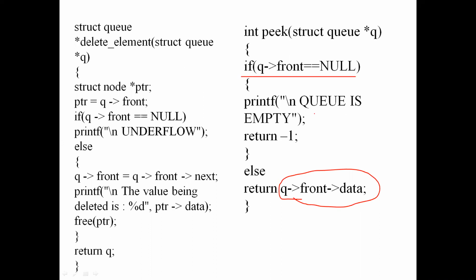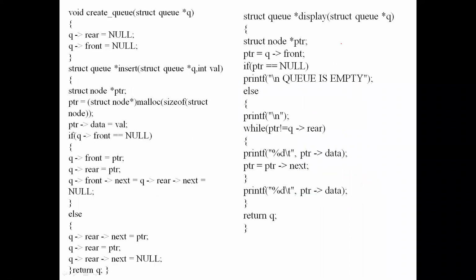Okay, and we have another function called display function. What will they check again? If the queue is empty or not. Always try to include this point. In every function, try to include whether the queue is empty or not. You just check it. It's better. It gives extra marks, really. If you write like this, at least this one important line, they'll give extra marks.